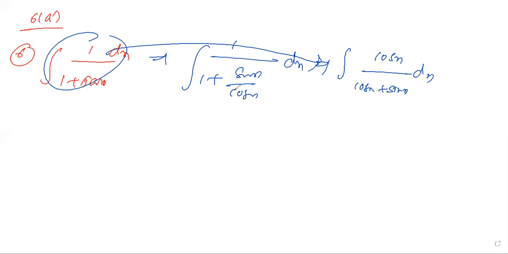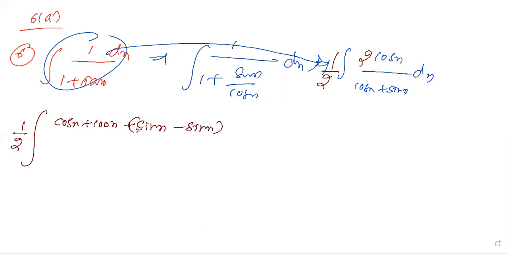I am rewriting this. For this question, if you take sin x as t, you cannot convert the denominator. So for my convenience, I'm multiplying the numerator and denominator by 2. So 2 cos x is the numerator. I am writing 2 cos x as cos x plus cos x. Next, I'm adding a new term, sin x, and subtracting sin x. I'm adding and subtracting. Do you have any problem?